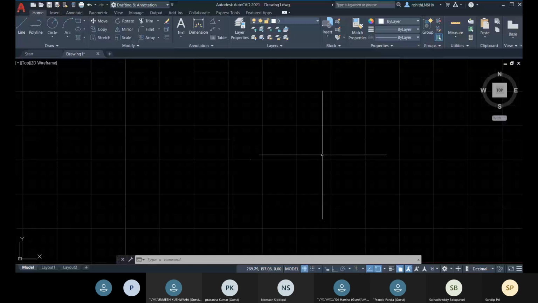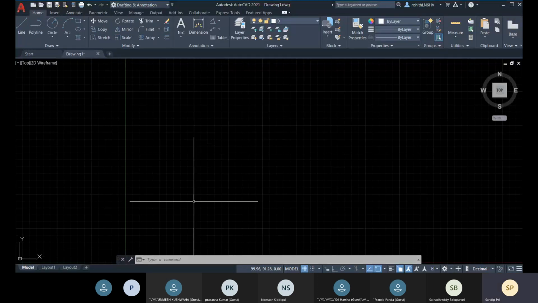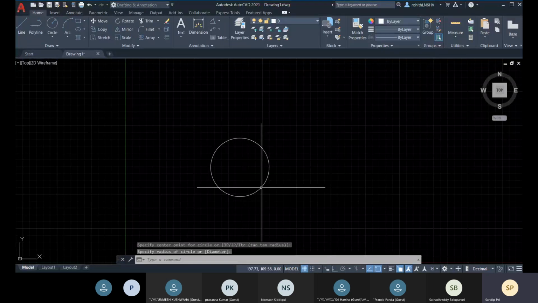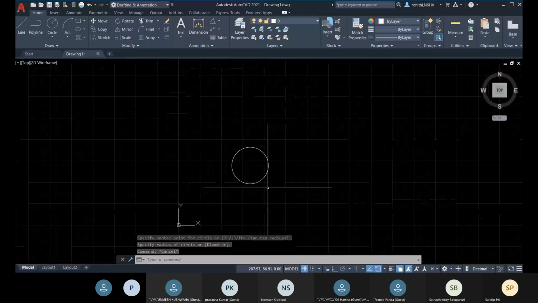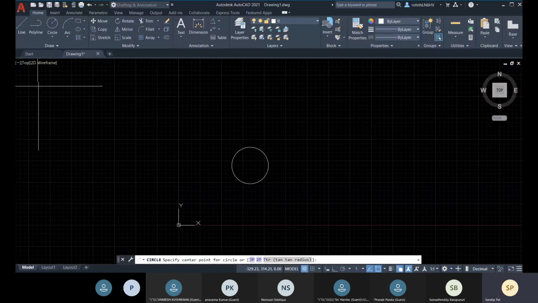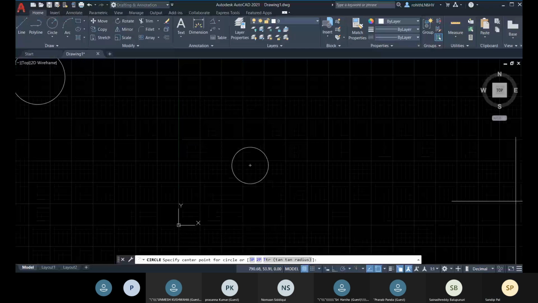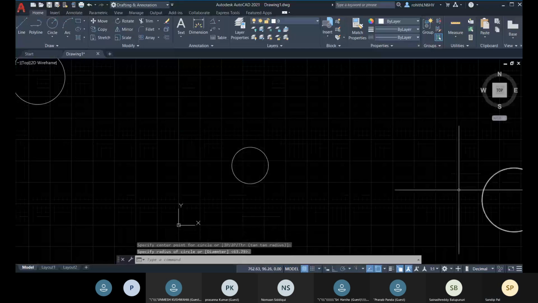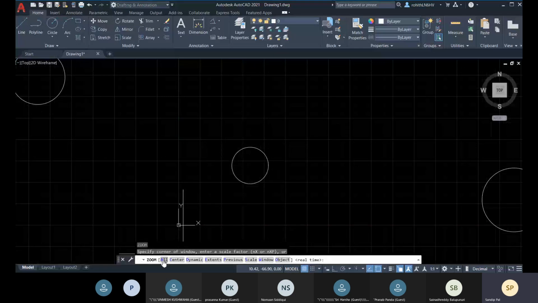That is similar to Z enter and A enter. Let me show you Z enter again. For that, let me just have one object here, another object there, and another object there. Okay, so if I go for Z enter and A enter, that is for all.